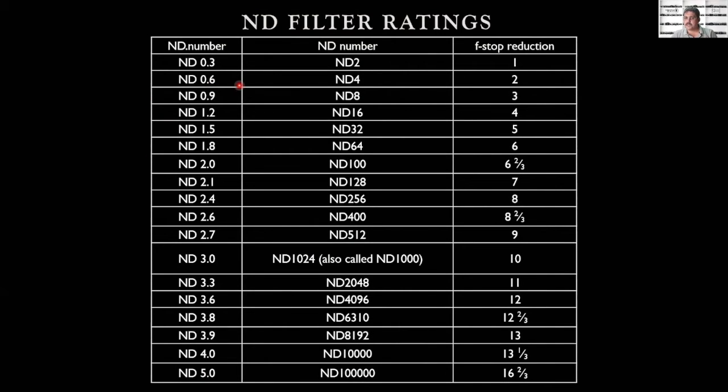This terminology is much better, and ideally you think of how many f-stops you are going to cut down with that particular filter. So when somebody says ND16, it is not that it's going to cut down 16 stops. It only cuts down 4 stops. ND1000 only cuts down 10 stops. This is the commonest filter used for long shutter speed photography. So this is the ND filter rating. You can go to Wikipedia under neutral density filters and get all these numbers and details.